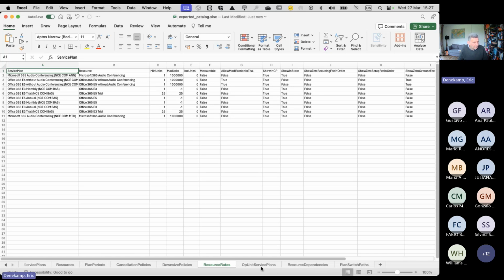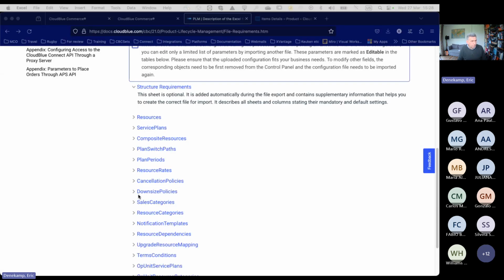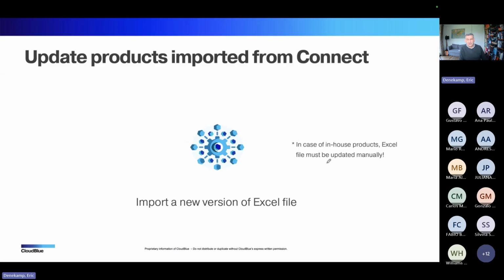In this case, everything is there, so I can have my own export and play around with it. We've got some maximum units here, minimum units, etc. So you can even create your own PPR file if you want to, or you can use the PPR file that comes from our product management or somebody else's product management.